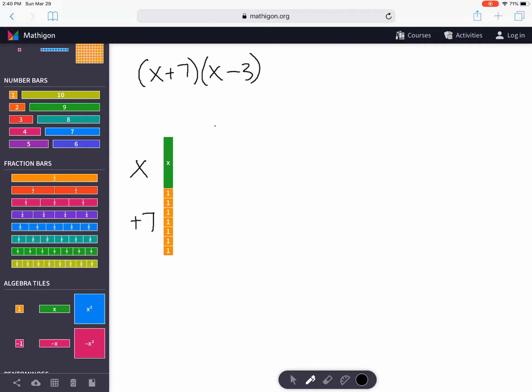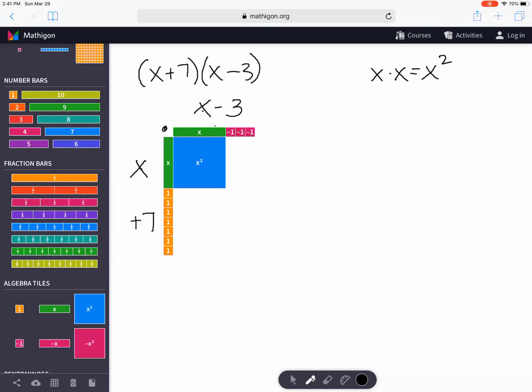plus 7. To represent my x minus 3, I'm going to need a positive x tile and 3 negatives: 1, 2, 3. And if I was to write this as an x minus 3, I'm going to use this as kind of a multiplication table where I'm going to be saying x times x. And the only tile that will fit in when I multiply an x times an x is an x squared,